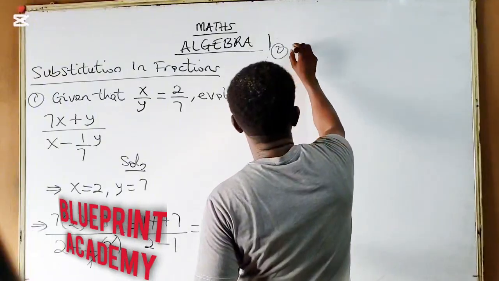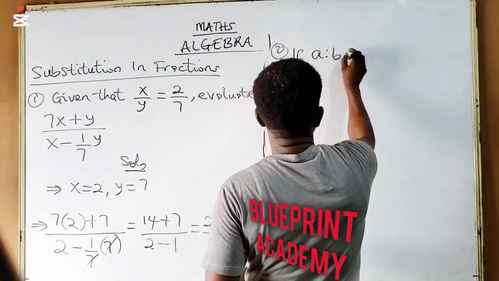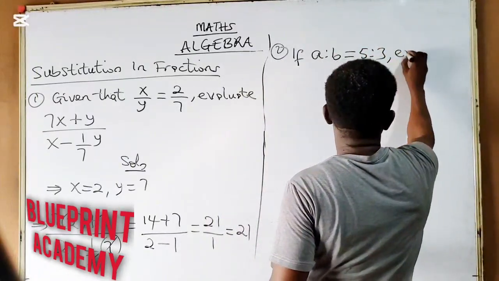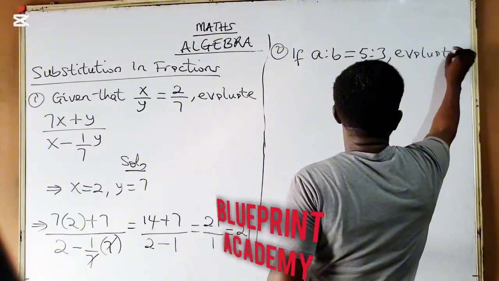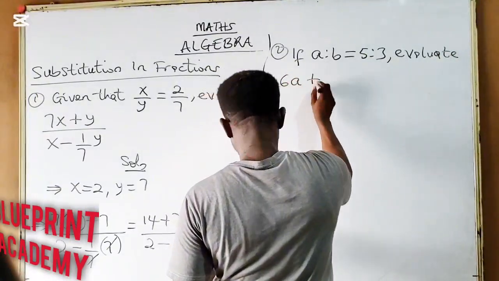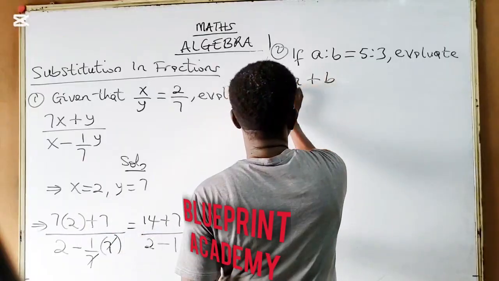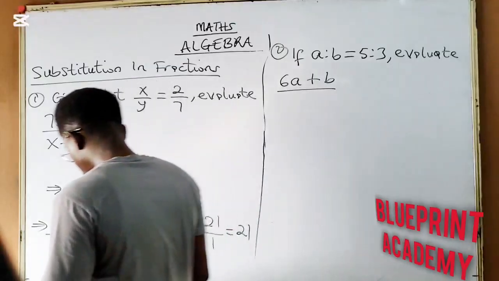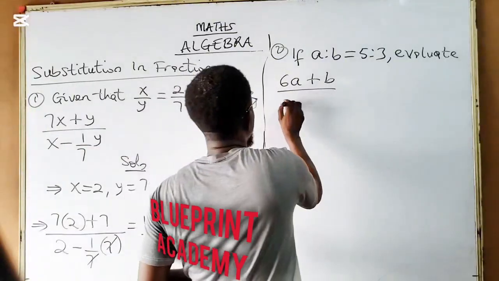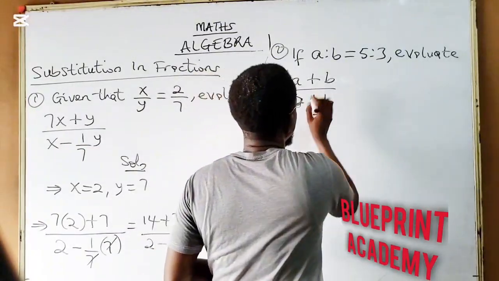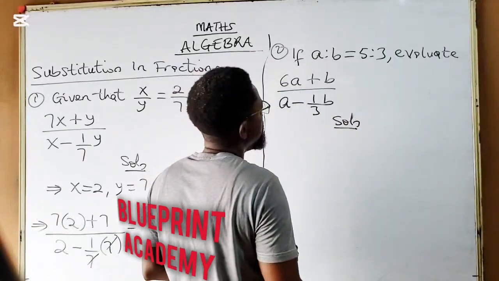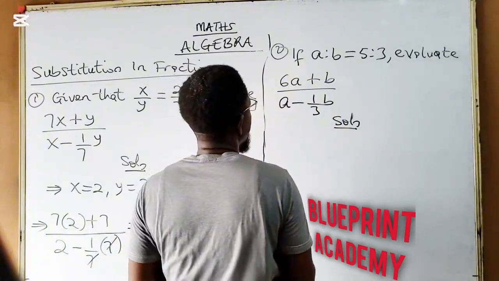If A ratio B equals 5 ratio 3, evaluate 6A plus B all over A minus 1 over 3 B. Now if you have something like this, see the same thing. For this first part, A ratio B being equal to 5 ratio 3, that implies